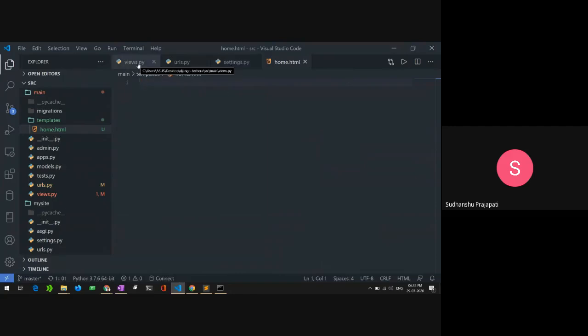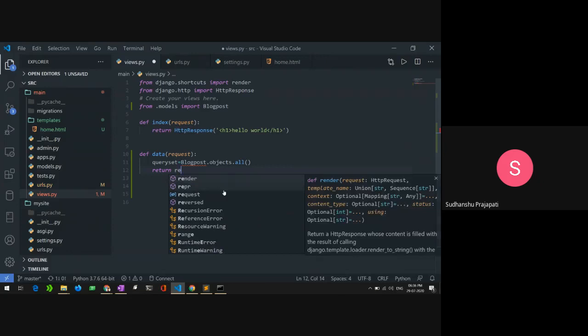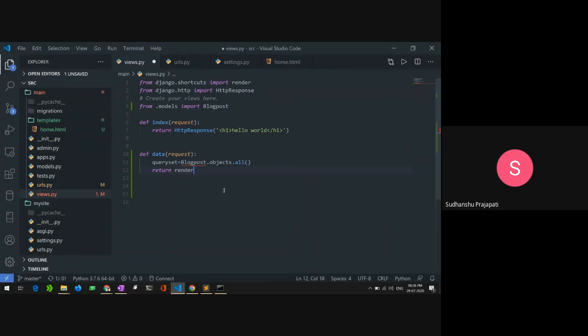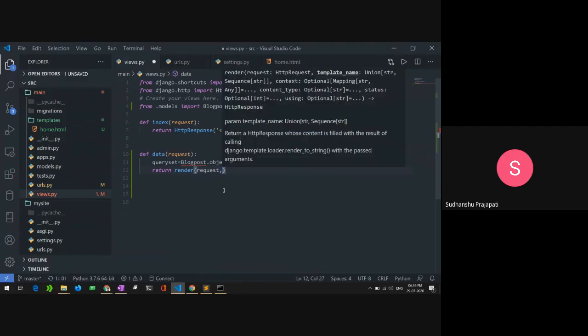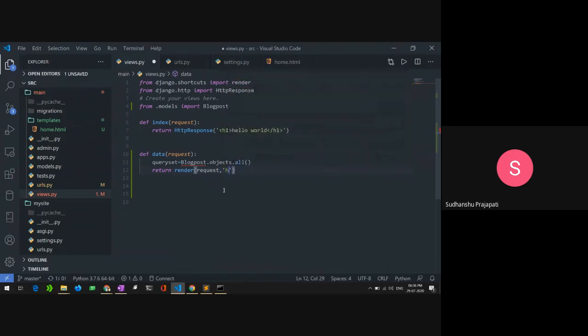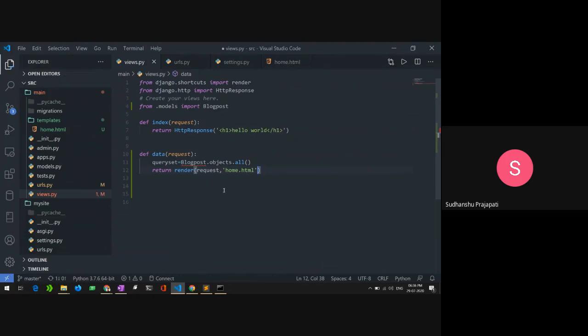Inside my views.py file, go into that .py file and remove that HTTP response redirect, and give it the function name that we imported, that is render, and give the request here, and the name of the template that we created, which is home.html, and we don't need to give anything else for now. I will just show you how it's working with the templates.